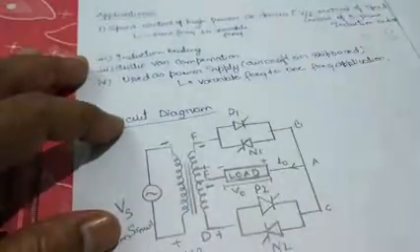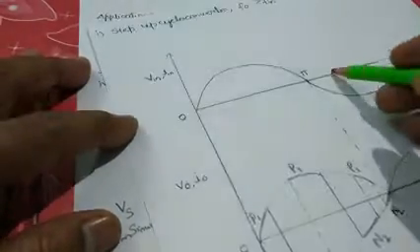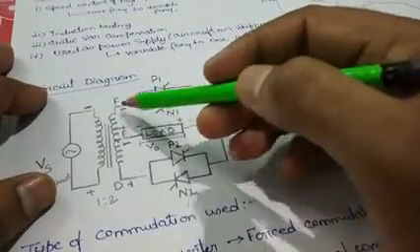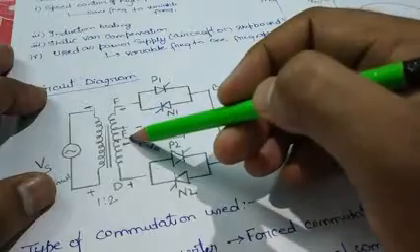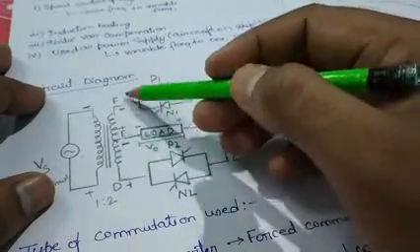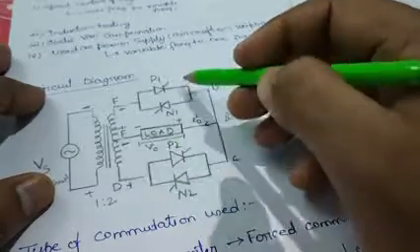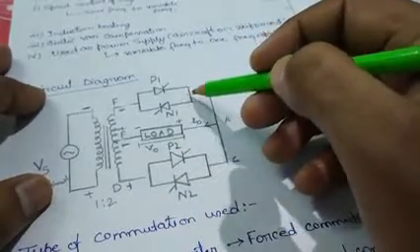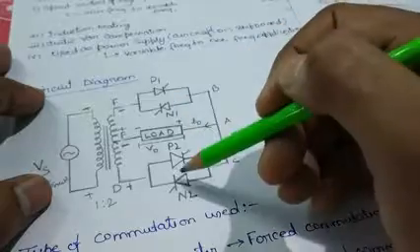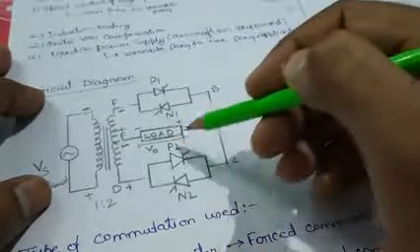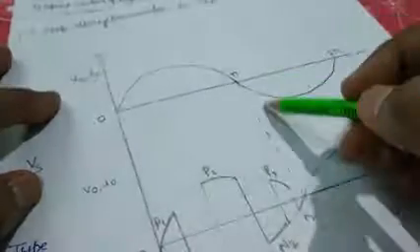Now when this happens, that is, in the interval pi to 2 pi of the input, what will happen? See here, this point is at higher potential with respect to F, and it is at lower potential with respect to D. Now which two thyristors are now capable of conducting? That is N1 and P2. Now see which thyristor will be turned on first. Now we always need a first